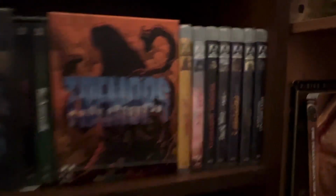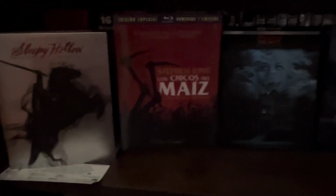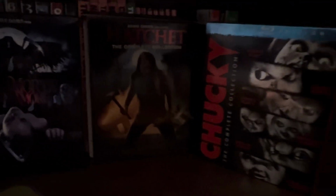But I am happy, and I'm always collecting. And then down here, got the Sleepy Hollow Digibook. That is a French Children of the Corn set. The Fright Night Steelbook, the De la Morte del Amor set from Severin, the Hatchet Complete Collection Steelbook, and the